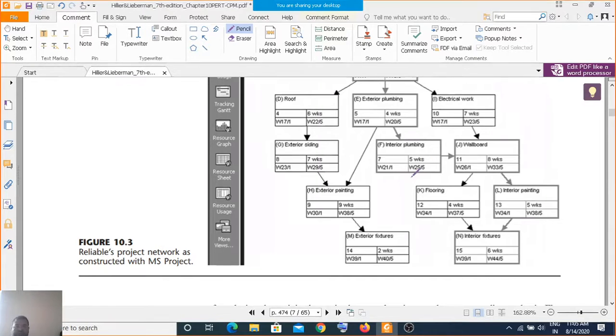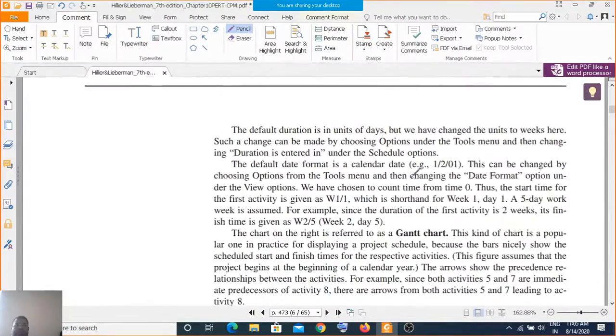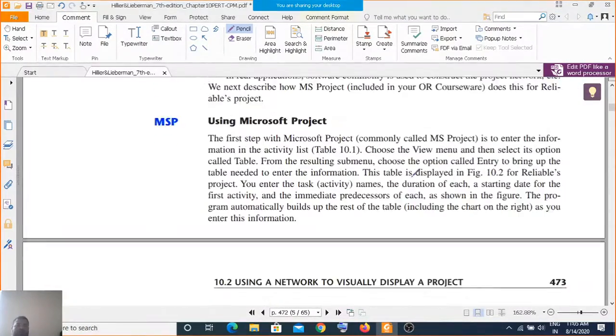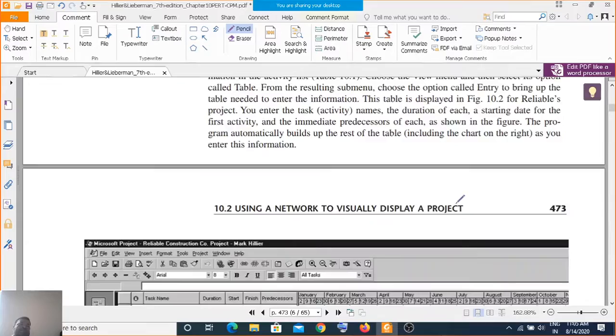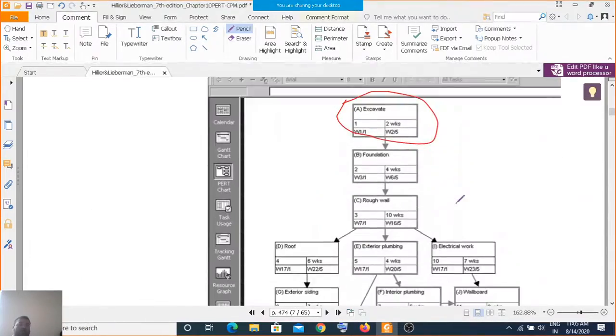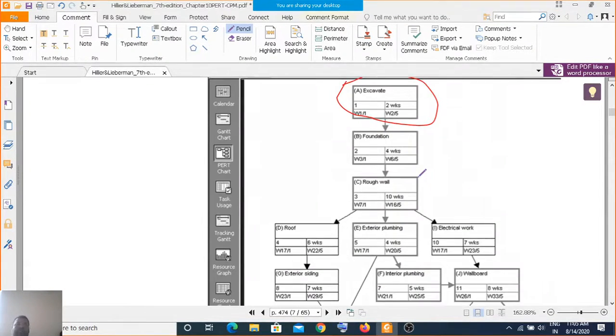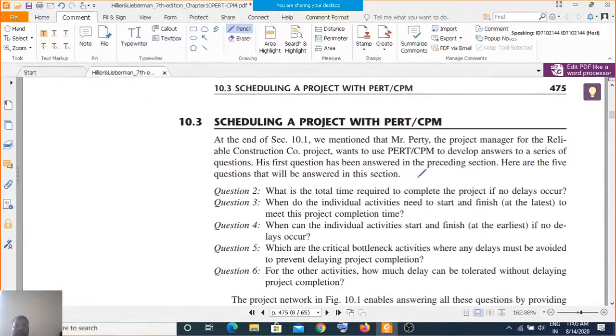This is not the CPM. CPM uses a different symbolism where the nodes are shown in a circle shape, while the PERT uses more detailed information, and every node shows all the information: start time, finish time, and likewise. So this is a PERT, which nowadays is available in MS Project or MSP and can be used there.